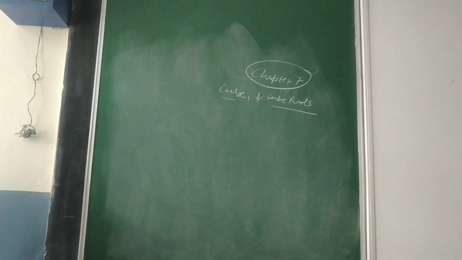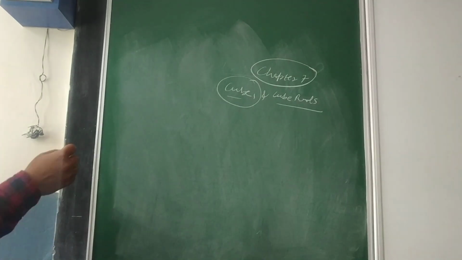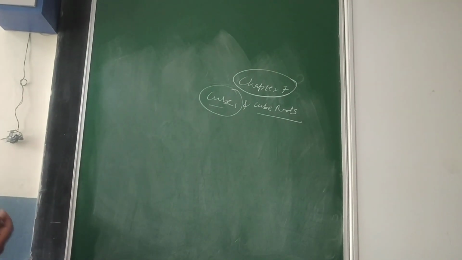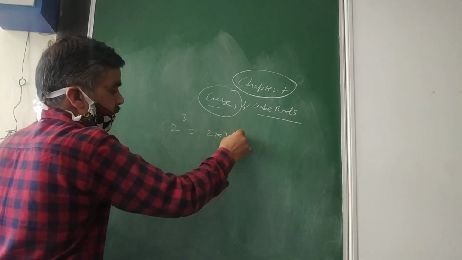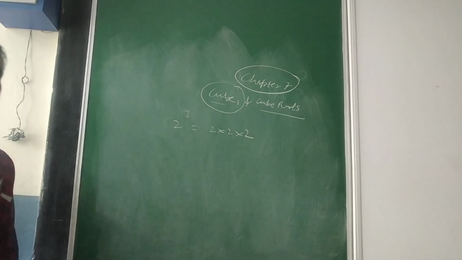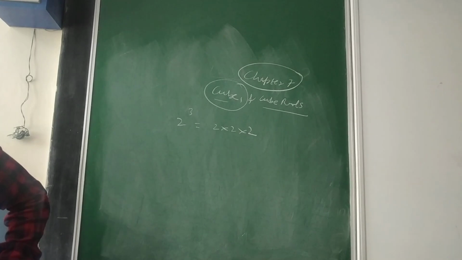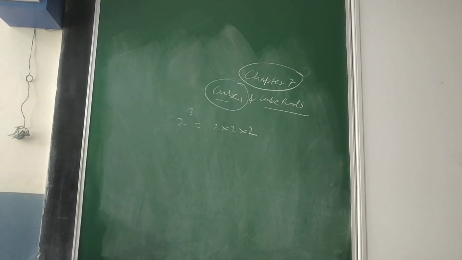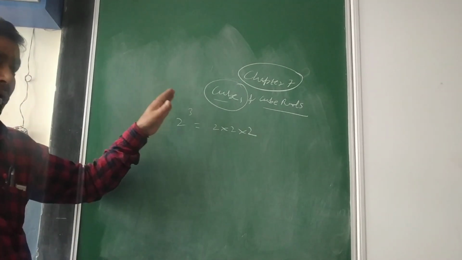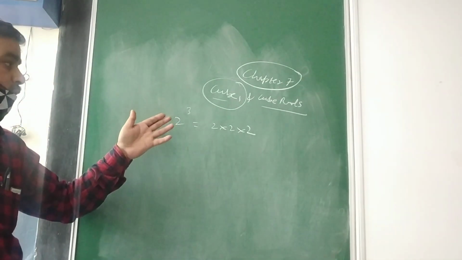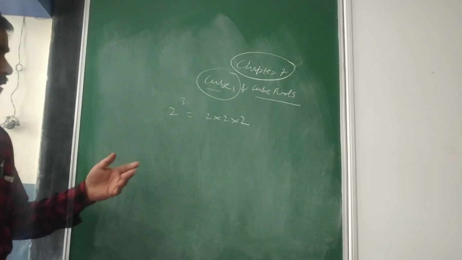So first of all, again, like in squares and square roots, we talked about squares of numbers. Now in cubes, what do you have to do? If you want to find the cube of 2, you need to multiply it thrice, that is 3 times. In square we did 2 times, in cubes we have to do it 3 times. So first of all, be careful with the properties. What does it mean? If the power is 3 in the exponential form, I have to multiply that 3 times. And then cube root.